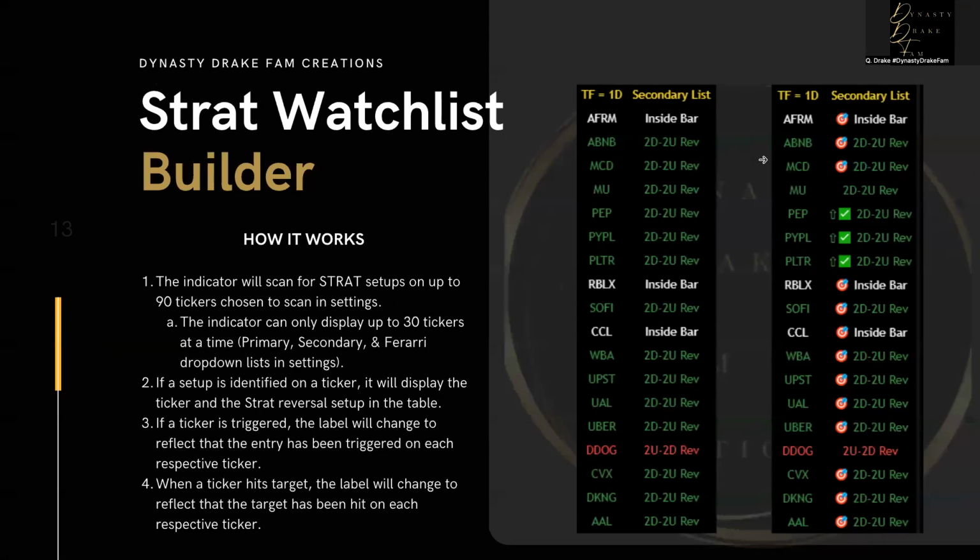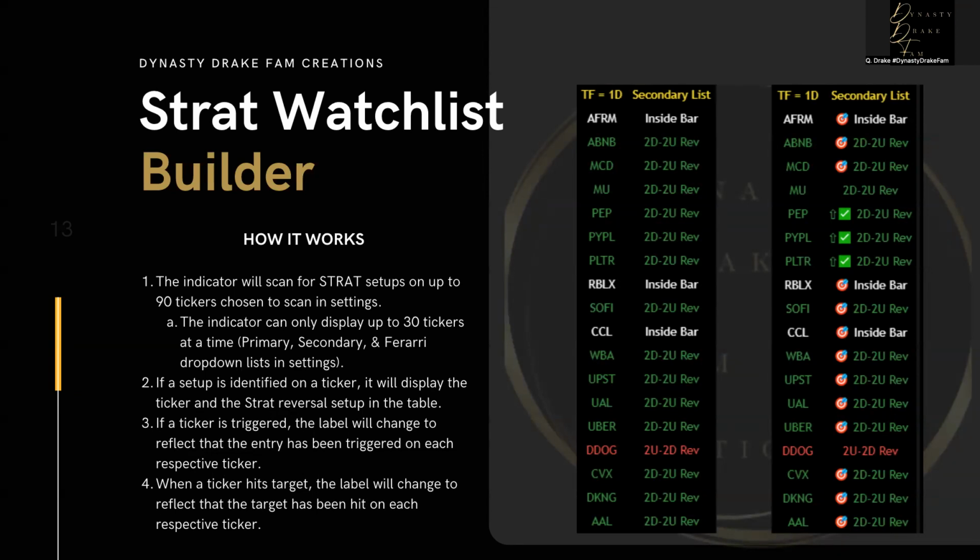This is all based on your simple strat setups, right? So reversals off of an inside bar or reversals off of a two bar, whether it's a two up or a two down. So you'll see your 1-2 reversals. You'll see your 2-2 reversals that will be identified by this ticker. If a setup is identified on the ticker, it will display the ticker and the strat reversal setup on the table. If the ticker is triggered,